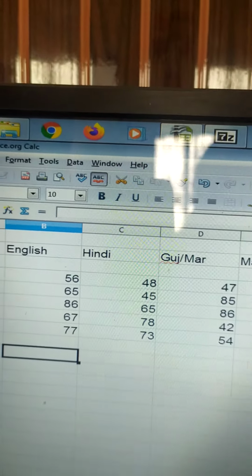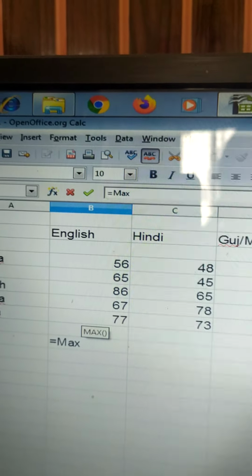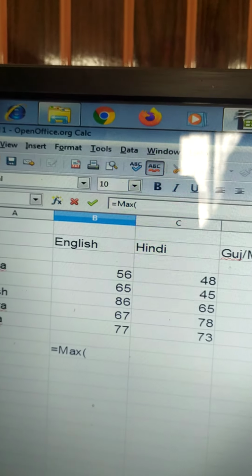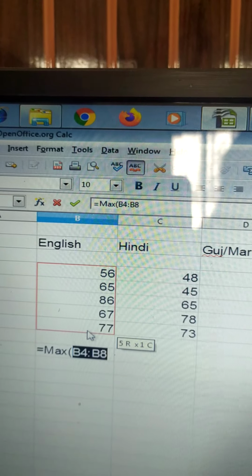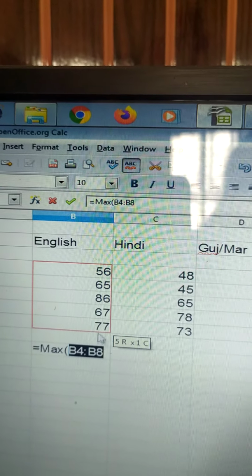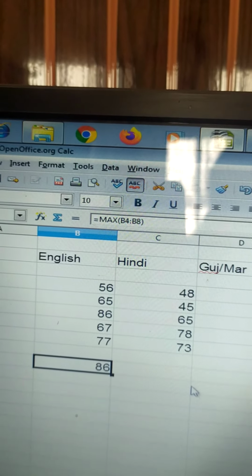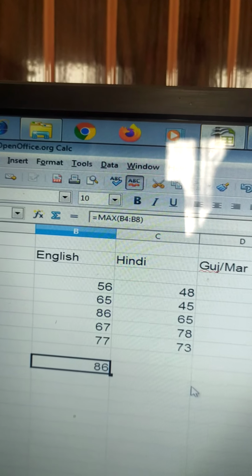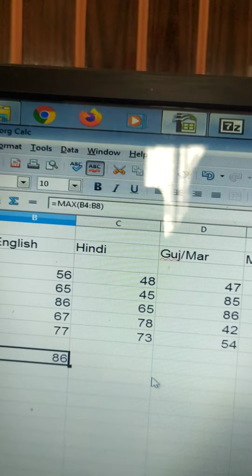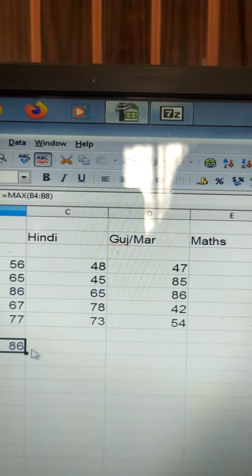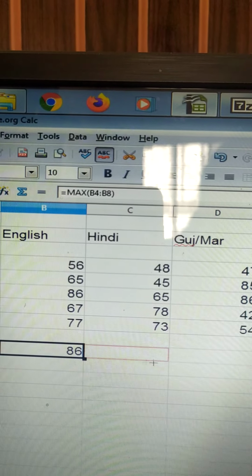So here we have a formula equal to max. Maximum of what? Of English ना. So click and drag. इतने cells का हमें maximum calculate करना है. And then click on enter. See, 86 is the maximum marks. ठीक है. Now again if I want to copy this same formula over here, यहाँ पे click and drag